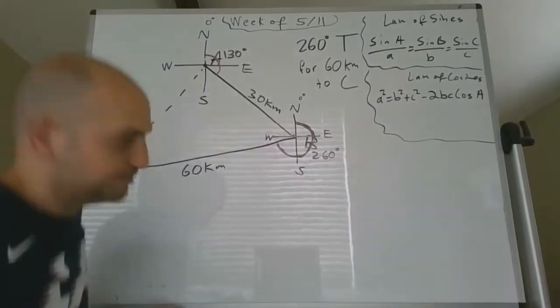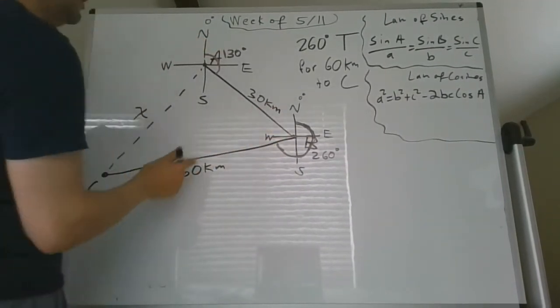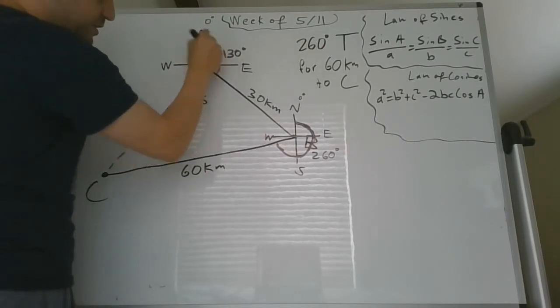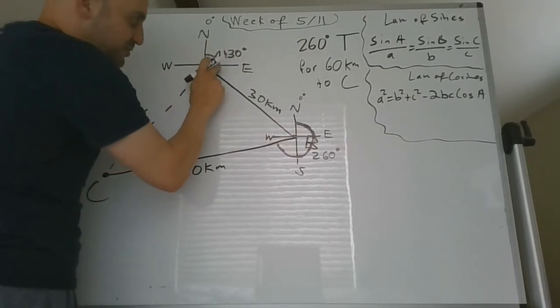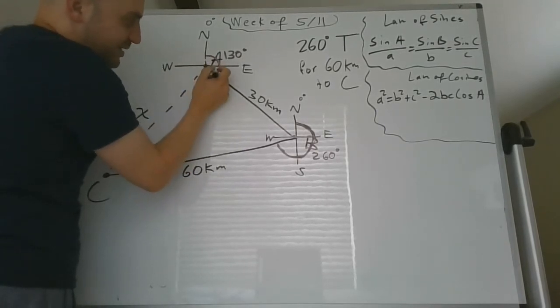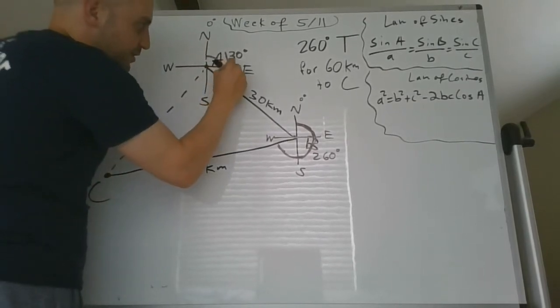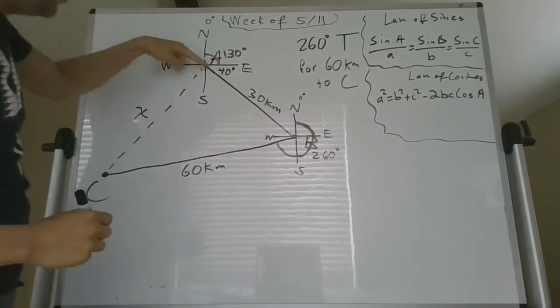Okay, so now let's take a look. I have the east-west line here. This whole thing is 130. That's cool, but what that tells me, if the whole thing is 130, and this is 90, guys, right here, from north to east, well then 130 minus 90 is going to leave me with 40 degrees. So if that's 40 degrees,